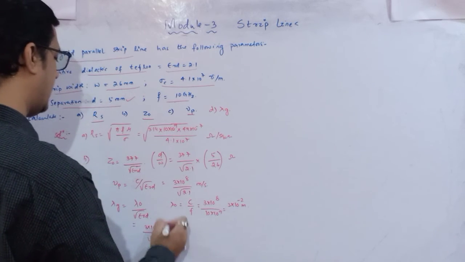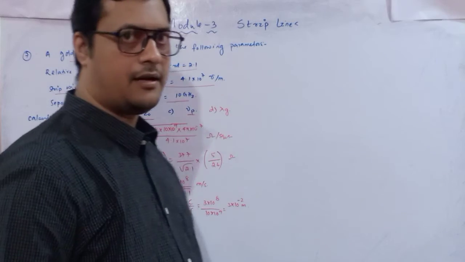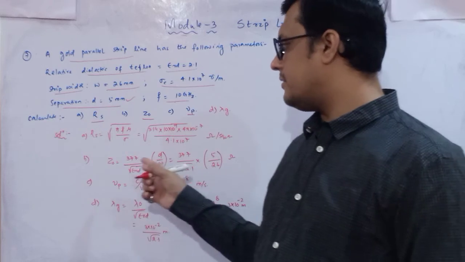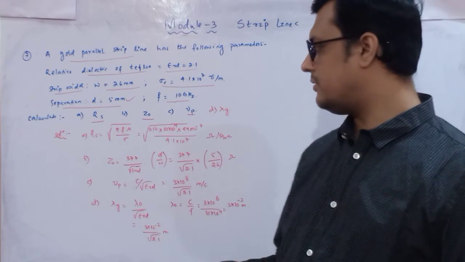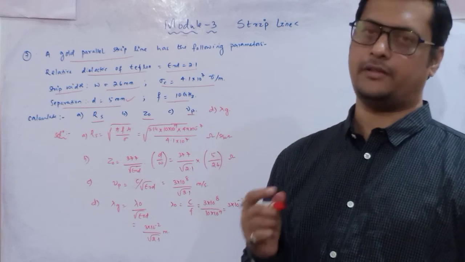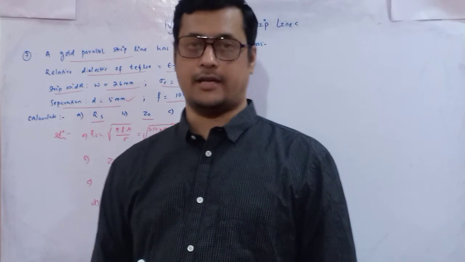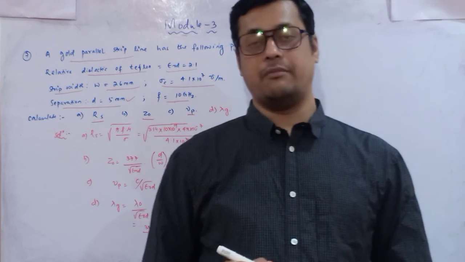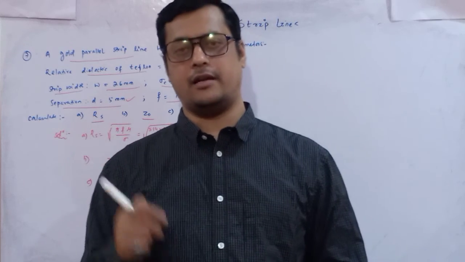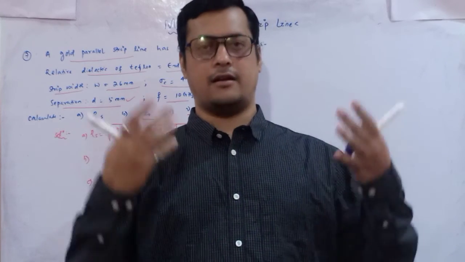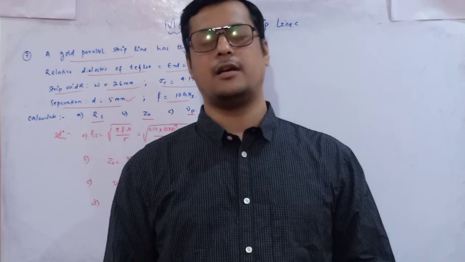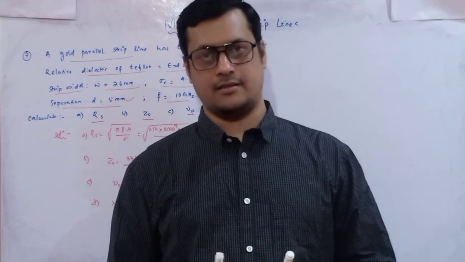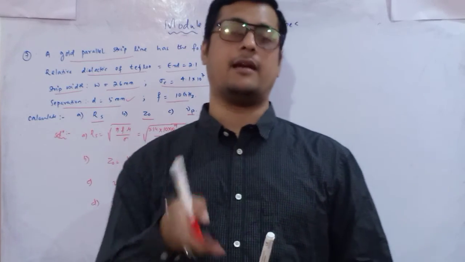If you solve this, you will get all your answers: the wavelength in meter, surface resistance in ohm per square, impedance in ohm, and the velocity in meter per second. So a question like this will come in your exam. First of all, you have to go through all the derivations very briefly, very neatly, step by step, so that whenever this sort of question is asked, we can directly recall all those relations, substitute the values, and easily identify the unknown factors with the help of the given hints. Okay, these sorts of questions may come in your internals.